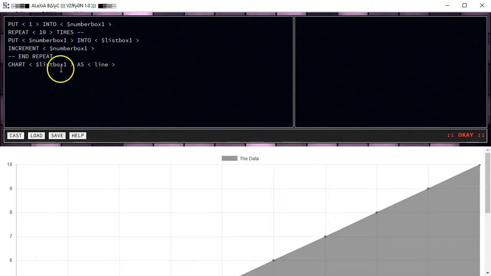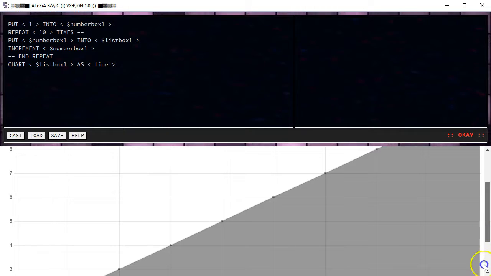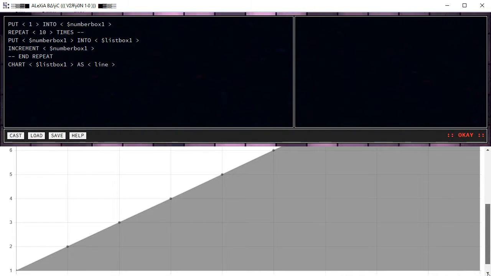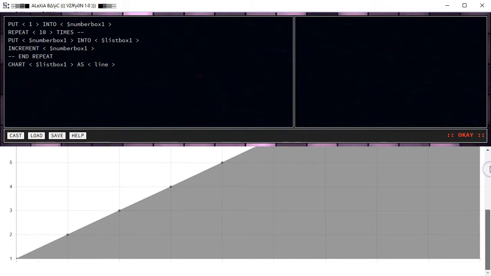We have this listed as a line chart. So when we look down here, we see that it's a direct geometric line going straight up in one direction, of course, and that one direction is from basically 1 all the way to the number 10. So as you can see, it begins with 1 all the way down here, then 2, then 3, then 4, then 5, then we have 6, and of course that correlates with the number here, 6. Then as we go up a little bit, right, we'll see that it continues on to 7, to 8,